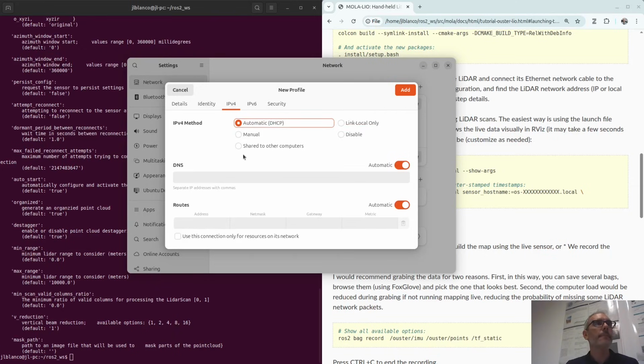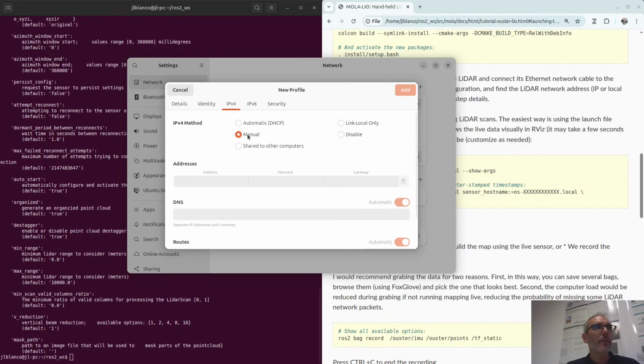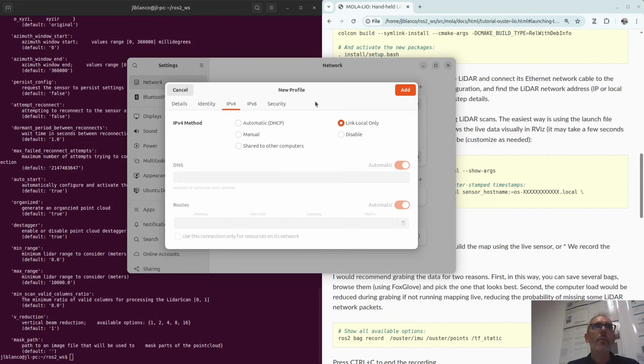Okay, like that. And then the only thing you need to click here is the IP protocol configuration, to click on link local only. We could use manual IP addresses for the computer and then find out the one for the LiDAR, but it's more work, and if you don't have all these concepts really clear, just leave this and it will work.